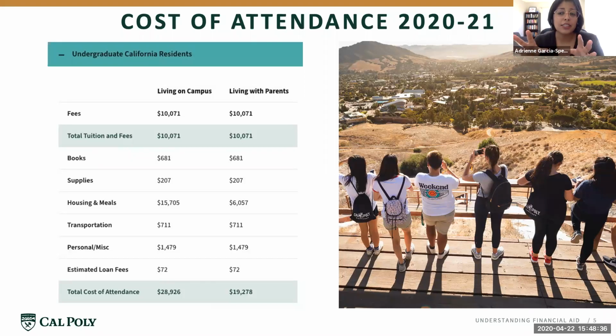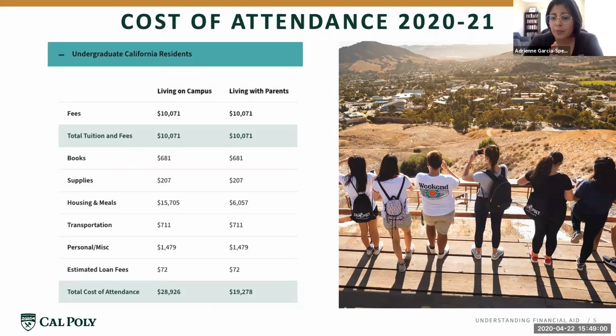If you have additional expenses like a computer, or maybe you're an out-of-state student that's taking more than the estimated 15 units a quarter, we can also make increases to that cost of attendance. You would have to submit documentation of that. And so we can help with some of those expenses and make sure that if you are borrowing, your budget and your cost of attendance are reflective of that.